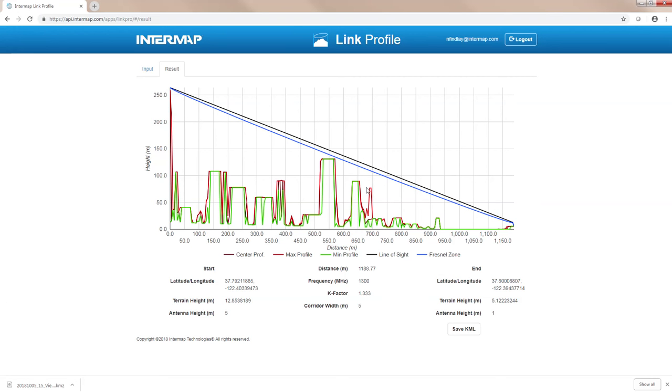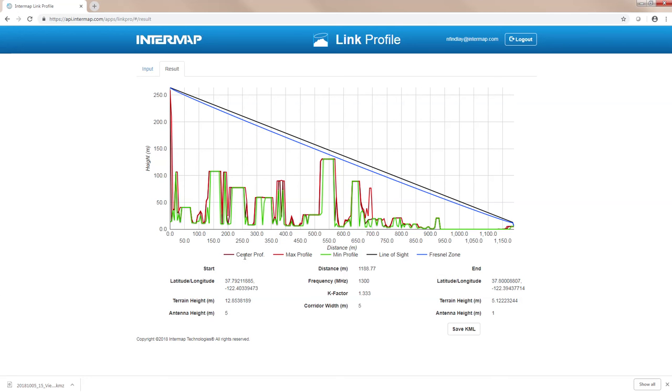This blue line represents your Fresnel zone, so that was where it calculated that free space loss to determine any kind of signal droop you'd have across the length of that profile. And the good news here is even that Fresnel zone is nice and clear. Along the bottom here, you've got your minimum, maximum, and center profiles. This dark red one is representative of that straight point to point. If you had not done a corridor width and just kept it as 1, this is the only profile you would have had, because this would have been the direct